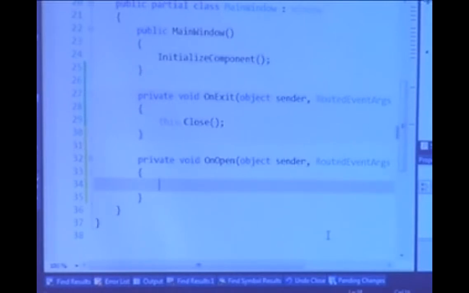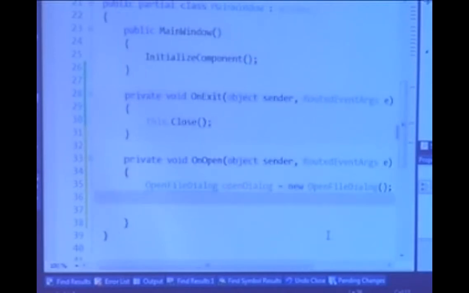So to do that, let's create an open file dialog. It comes out of the Win32 namespace. Call it open dialog, new open dialog. Now, for open dialog, we could cheese out on this. The filter for this is what type of files we expect to see. So we could just say all files, star.star. Alternatively, what I could do is, remember we have this sequence parsers class.